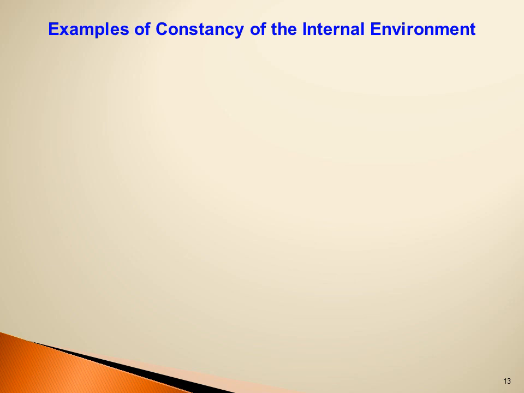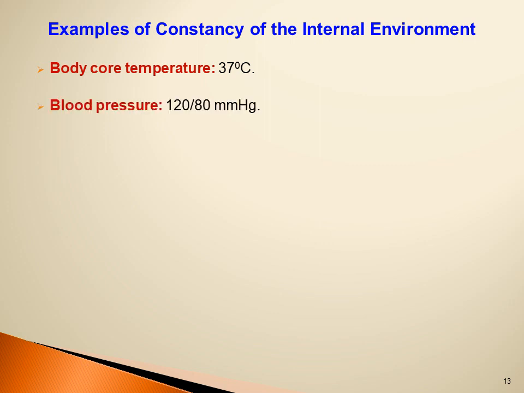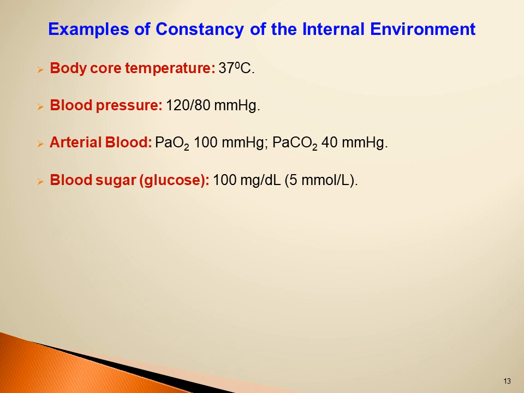Examples of constancy of the internal environment are to keep body core temperature around 37, between 36.5 and 37.5, to keep blood pressure on average around 120 over 80 millimeter mercury, systolic and diastolic blood pressure, to keep the arterial partial pressure of oxygen around 100 millimeter mercury, and the partial pressure of carbon dioxide around 40 millimeter mercury, to keep blood sugar in the range of 70 to 100 milligram glucose per deciliter, to keep also the electrolytes within a narrow range, sodium around 140 millimole per liter, potassium around 4 millimole per liter,